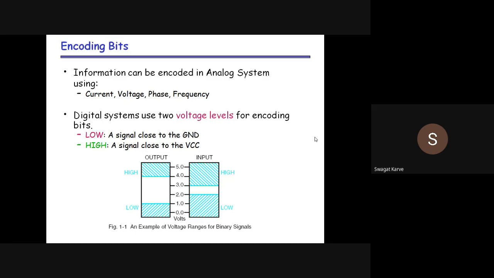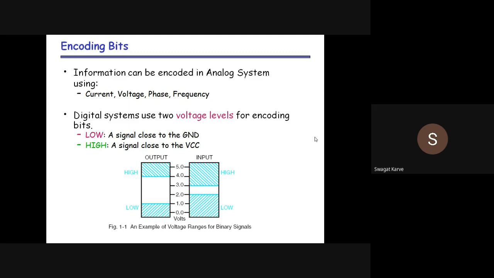Because what about an AC signal? How are we going to measure the parameters of an AC signal? Peak to peak voltage, that means voltage will be there. Its phase, at what angle the wave is progressing, so its phase. And of course its frequency, right? Its frequency. So these are the basic parameters to identify the analog system.